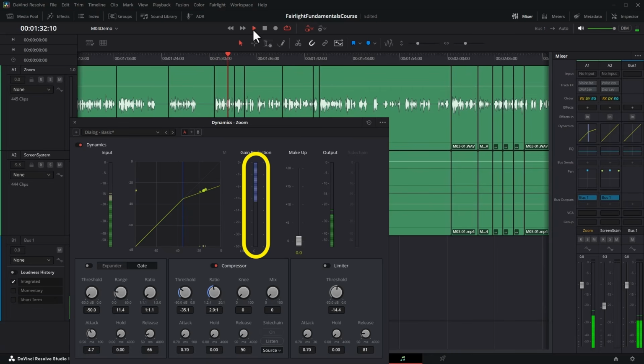If you want to select a number of clips in a range of clips, select the first one, hold down